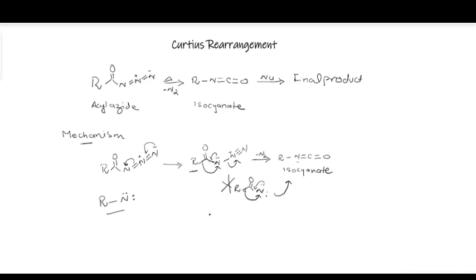So this conversion of azide to isocyanate is a concerted process. So all the bond breaking and bond formation takes place in one step and it doesn't go through this nitrene intermediate. However, if the reaction is carried out under photochemical conditions, like if you allow this azide to convert to isocyanate in the presence of light, then